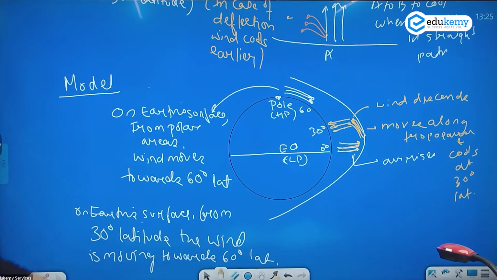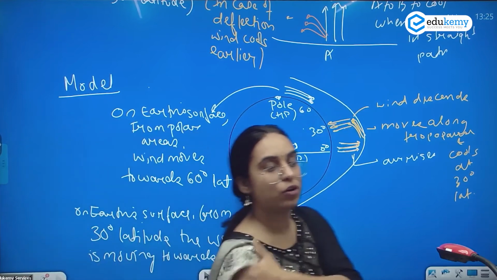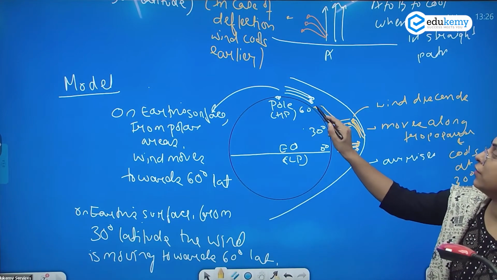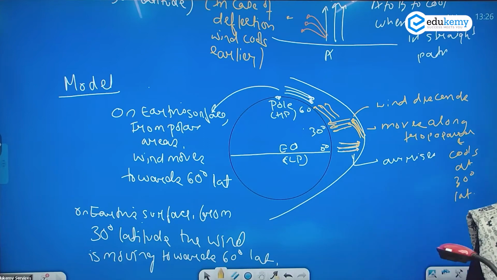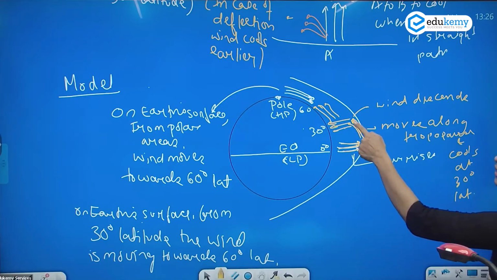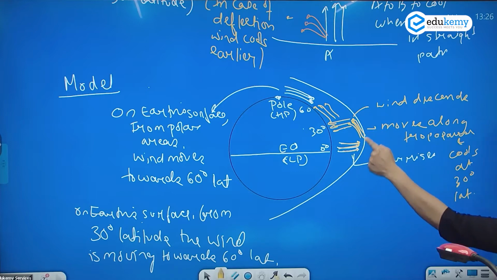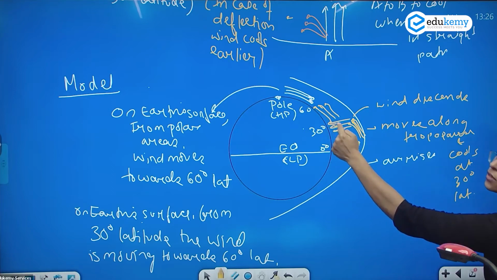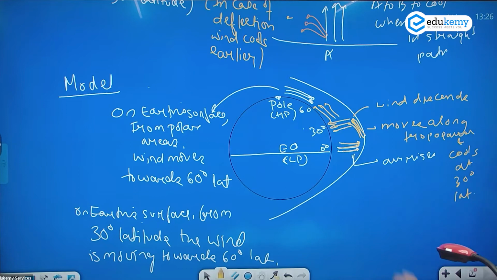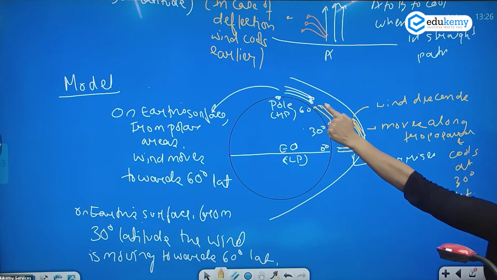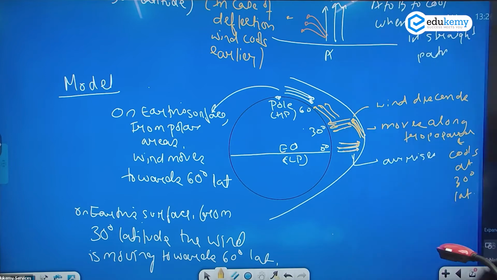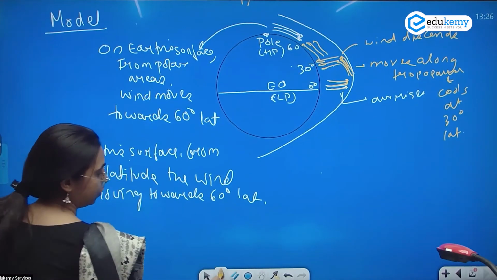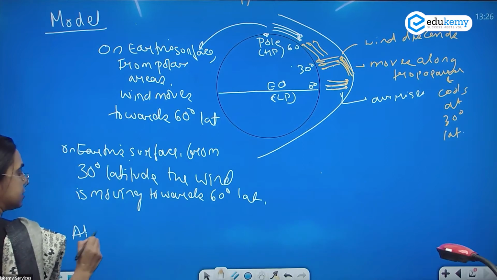एक दो कंपोनेंट है, एक अर्थ सरफेस वाला कंपोनेंट है और एक अपर ट्रोपोस्फियर वाला कंपोनेंट है. सो सरफेस में क्या हो रहा है, इवन 30 डिग्री से 60 डिग्री तक विंड जा रही है और पोलर वाली विंड भी 60 डिग्री तक आ रही है. तो सरफेस में क्या हो रहा है, यहां से तो पहले विंड उठी, moved along the tropopause, cooled and descended. From 30 degree on the surface of the Earth the wind is moving towards 60 degree, and also on the surface from the pole the wind is moving towards the 60 degree.